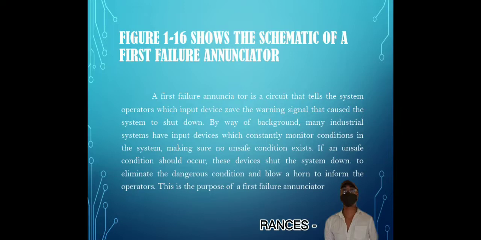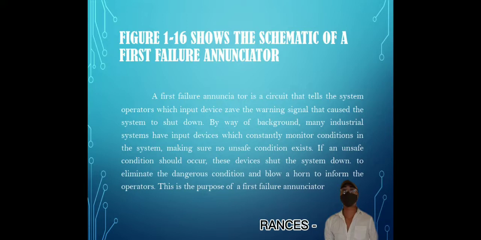The first failure annunciator is a circuit that tells the system operator which input device sent the warning signal that causes the system to shut down. By way of background,